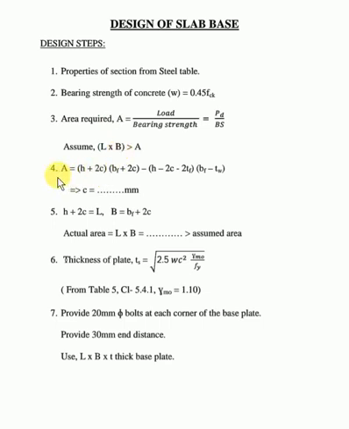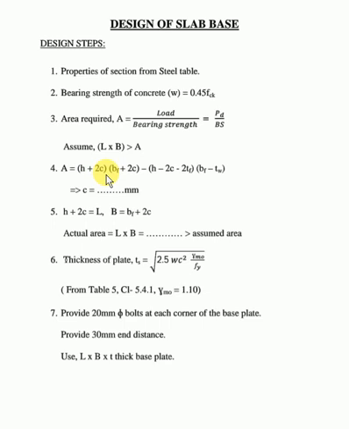Then in step number 4, we have this formula: A equal to (H plus twice C) into (BF plus twice C) minus (H minus twice C minus twice TF) into (BF minus TW). So we'll get H, BF, TF and TW from our steel table, and we'll get this area from step number 3. So putting all the values, we'll find out the value of C.